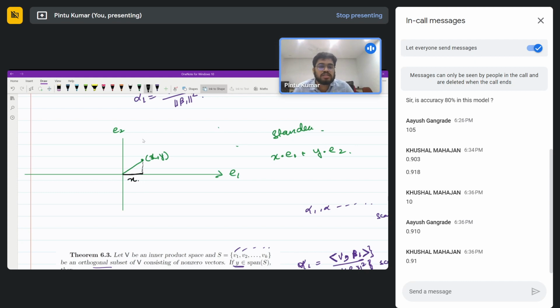That's why you write x times E1, and your E1 was already a normal vector because it is (1, 0). Otherwise, you would have normalized it. So this is just the projection of the point on the x-axis, and similarly on the y-axis you take the projection and write it as its coefficient. Because E1 and E2 were orthogonal,